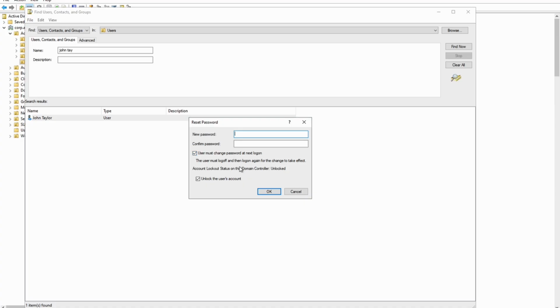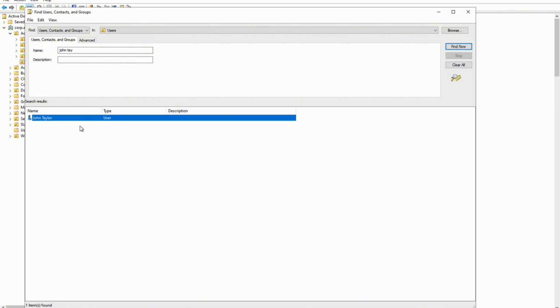You provide them a temporary password, whatever you pick right here, and when they log in, it will ask them to change it again, and that's how they get a new password. That's one, right? Another thing is, let's say a user is locked out, you will find John Taylor again,